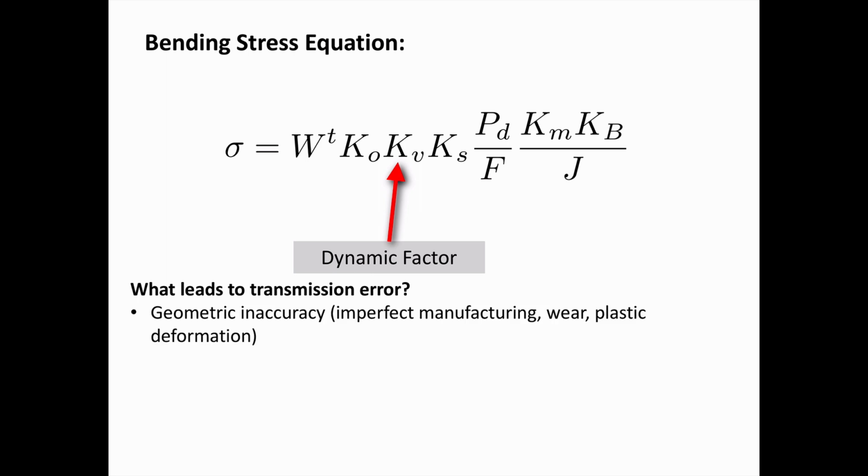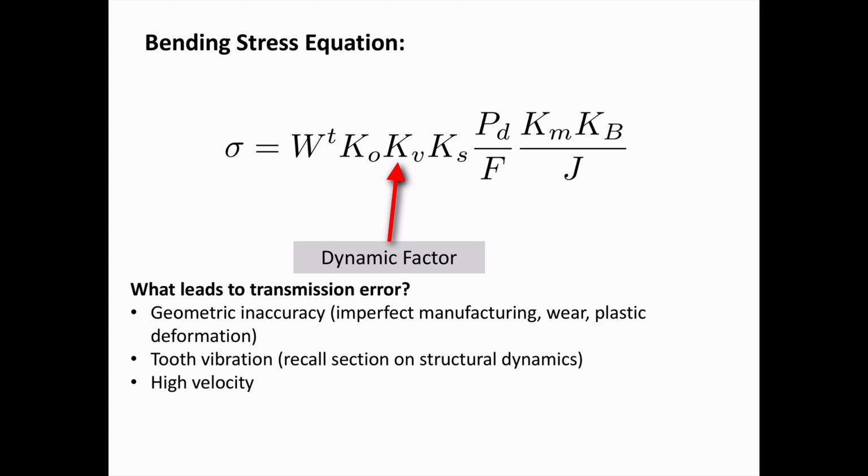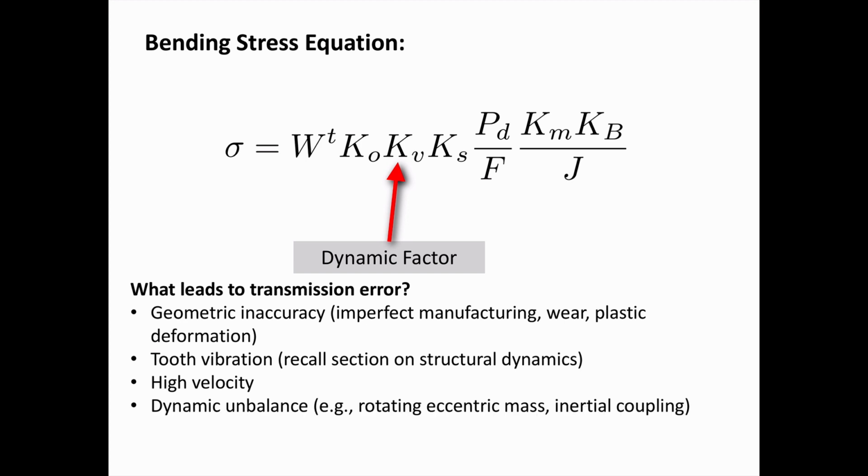So what leads to transmission error? Geometric inaccuracy is a big one, and it's not just due to imperfect manufacturing, but also teeth wear. Sometimes there's plastic deformation. Even vibrations could cause problems. And high velocity can lead to greater transmission error. Dynamic unbalance, so if we have some kind of rotating eccentric mass or inertial coupling, then this could also lead